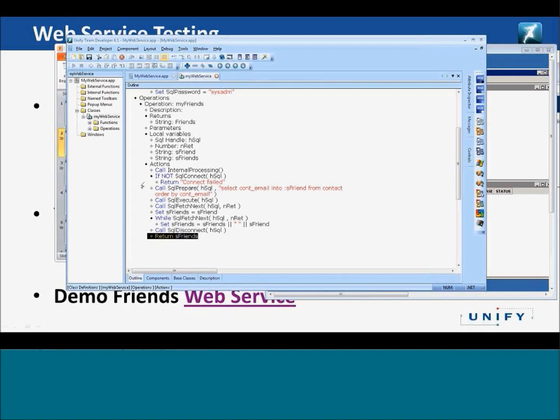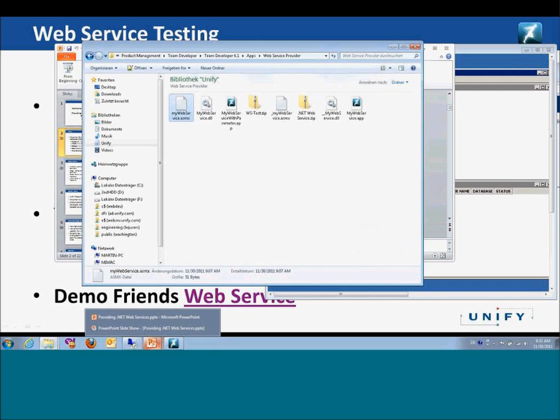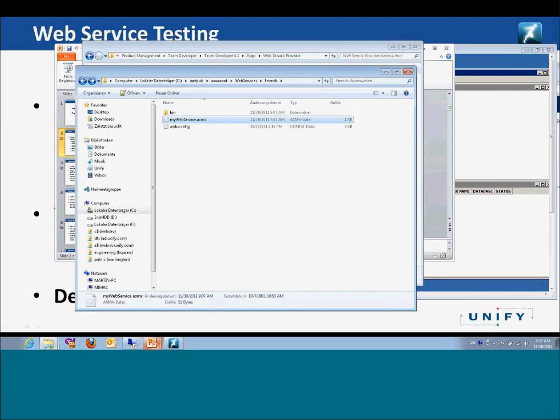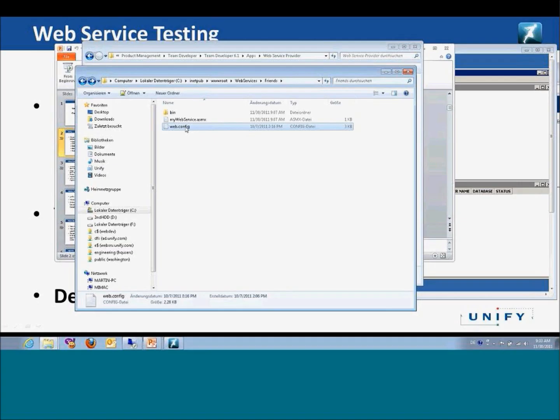And I do already have this web service set up on my IIS. Close that here and go to File Manager. So here you go. It's on my machine, directory inetpub wwwroot. Then in web services and my web services friends, so I have two subdirectories here. In the friends subdirectory, I have the mywebservice.asmx file, which has been created when I did compile my web service app. I do have a Web.config file that contains